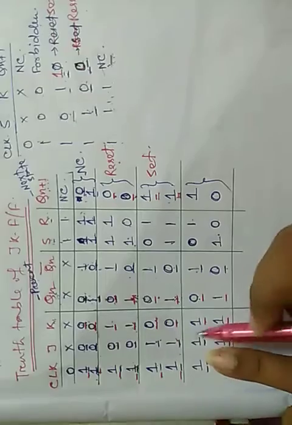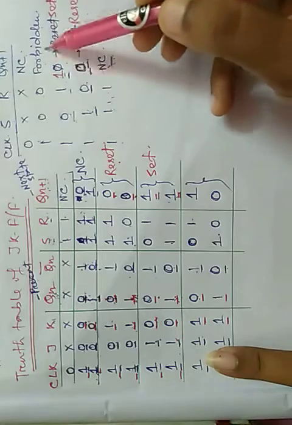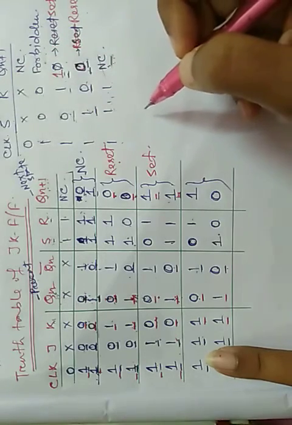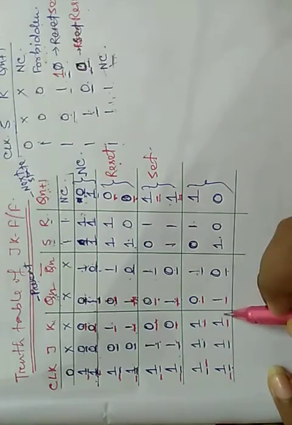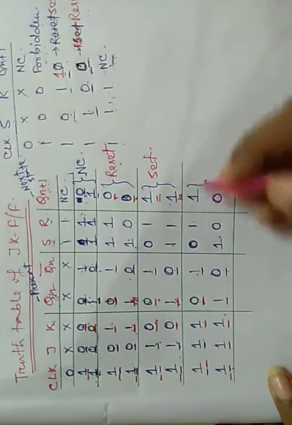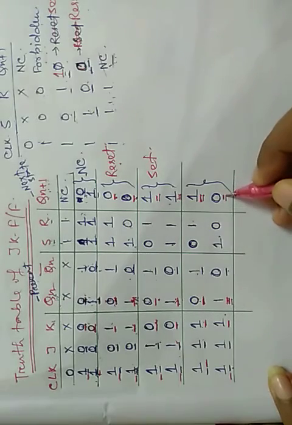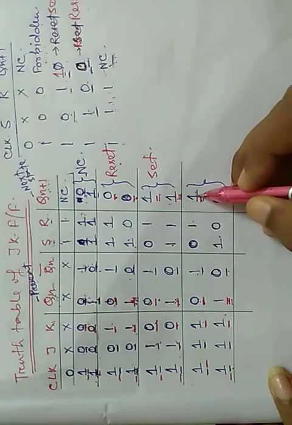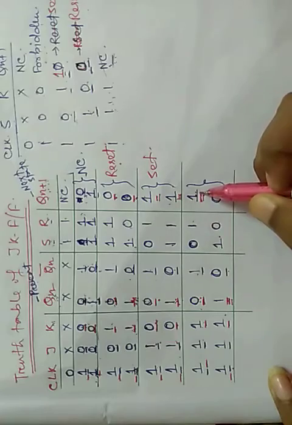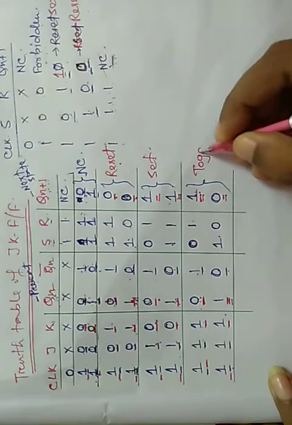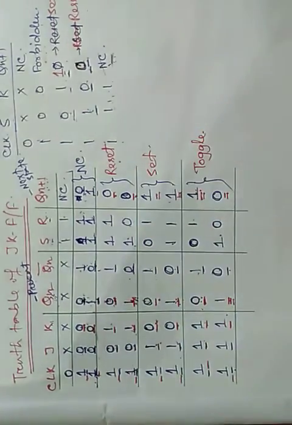Now this is our last and important state. We can see that there is a forbidden state in a latch, and also in a flip-flop there is a forbidden state. But here you can see that when both the inputs are 1, if Qn is 0, the output we get in next state is 1. If Qn is 1, we get output as 0. That means we get the opposite value in its next state. Whatever be the present state, we will always get an opposite value. This state is known as toggle state. Clear?